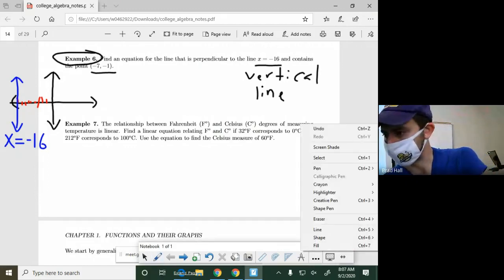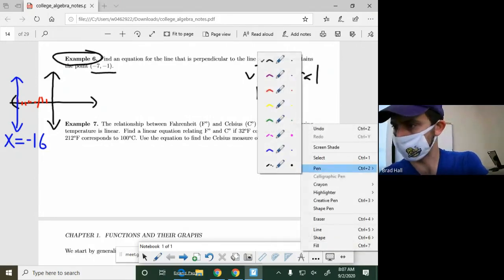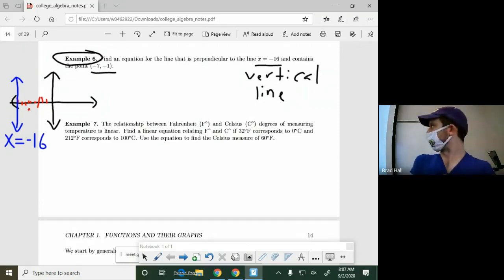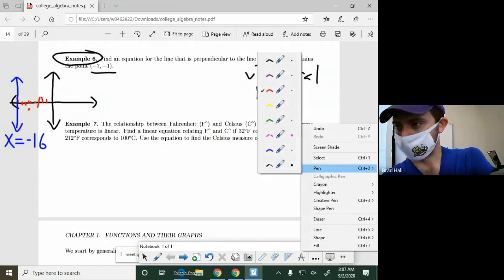And if we guesstimate where that point would be, it's to the left 7 and down 1. So it'd probably be somewhere probably right there. Again, it's not perfect, it's not built to scale, but it tells us exactly where the perpendicular